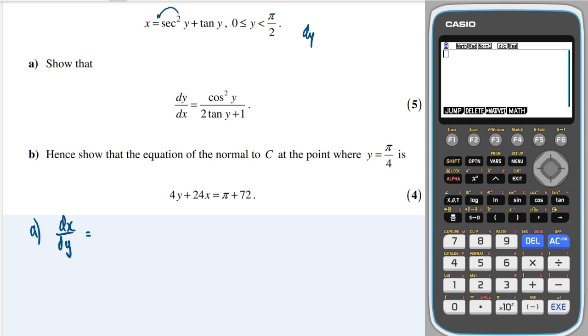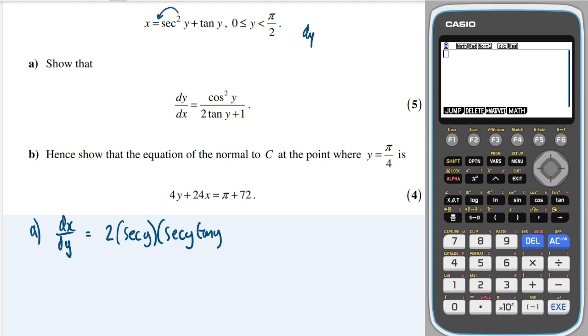You've got to bring the 2 down to the front, so you get 2 lots of the bracket, drop the power down by 1, and the derivative of sec is sec tan, which is in your formula book, so you need to multiply through by